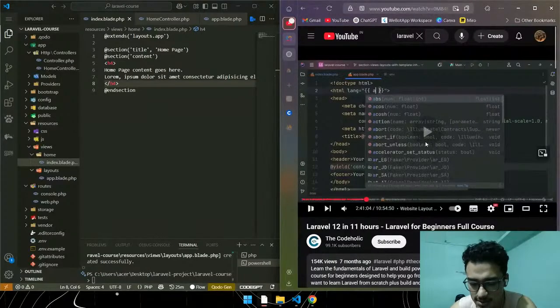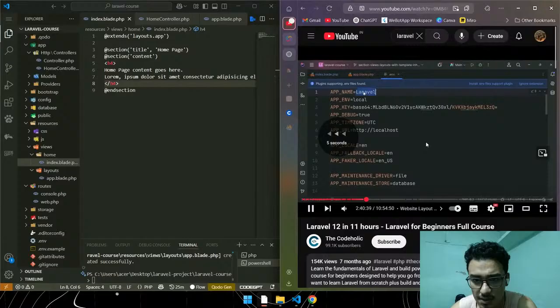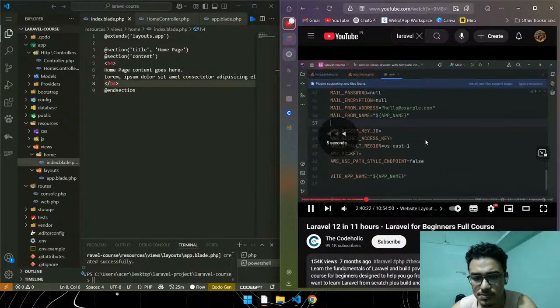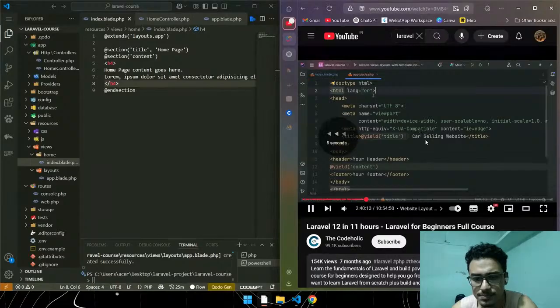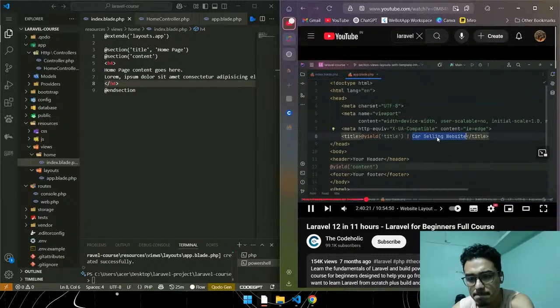We can call this car sell with env and language. I want this language to be dynamic based on the application's language. Also, we see right here car selling website, which is actually kind of